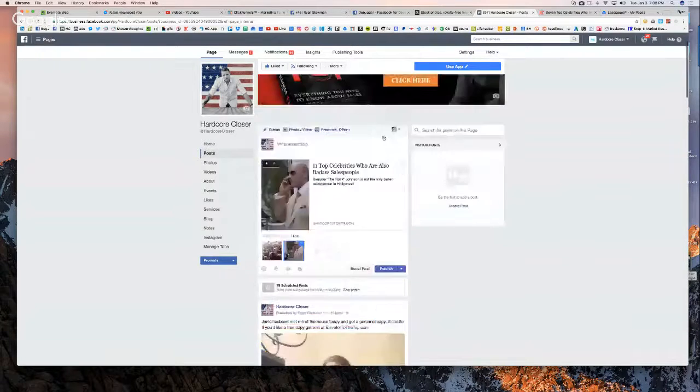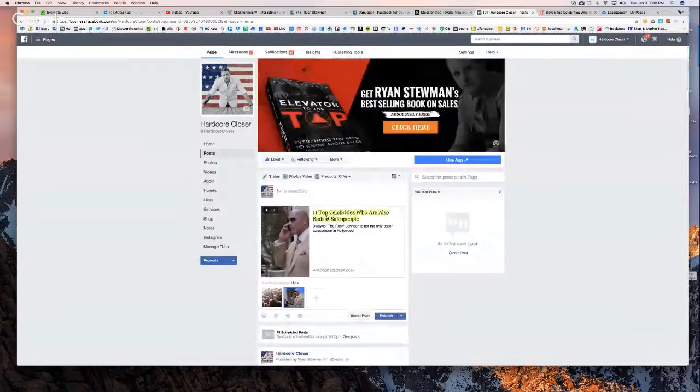So the reason why I show you this is right here. We've edited all this. We know that this picture is the most important part. The headline right here is the second most important part. The subtext follows. So now we've got to